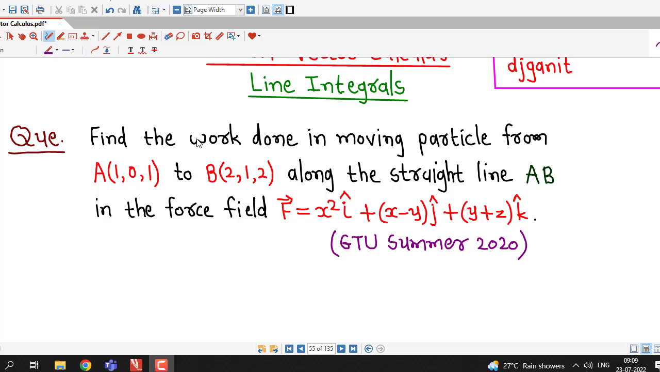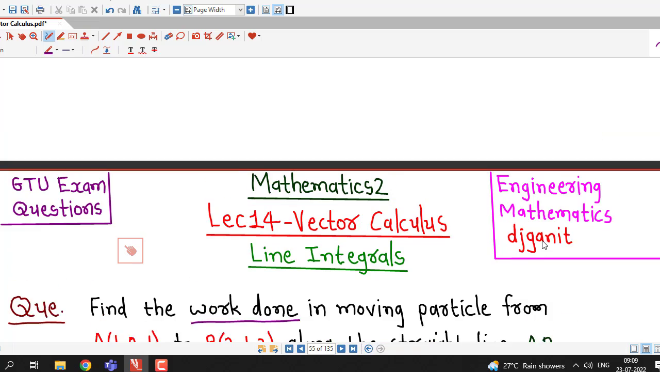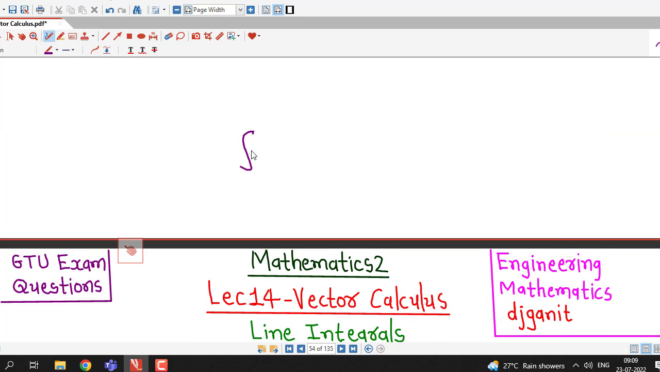The question is, find the work done in moving a particle from point A (1, 0, 1) to another point B (2, 1, 2) along the straight line AB in the force field F bar given by x square i plus (x minus y) j plus (y plus z) k. So as we know, if we consider a line integral of a vector function F bar along